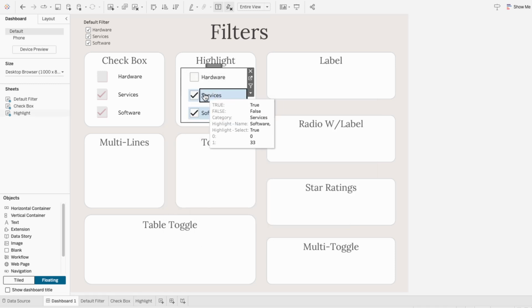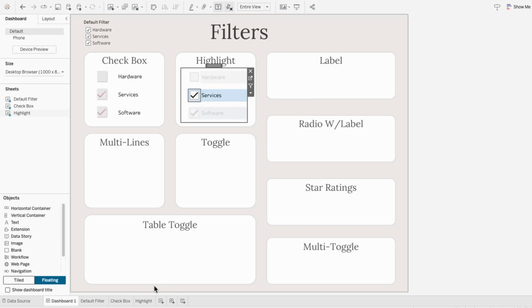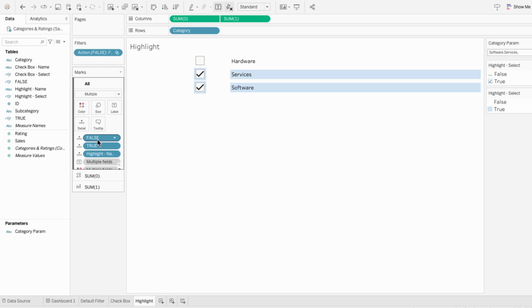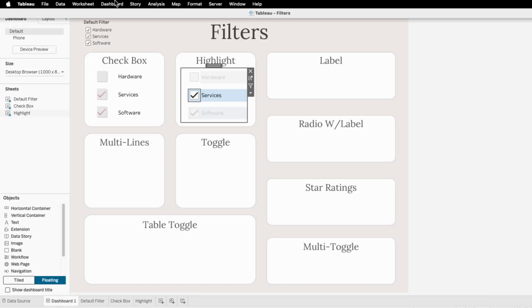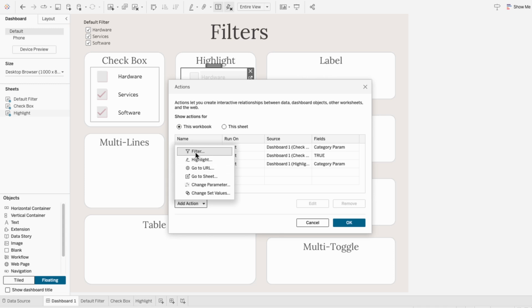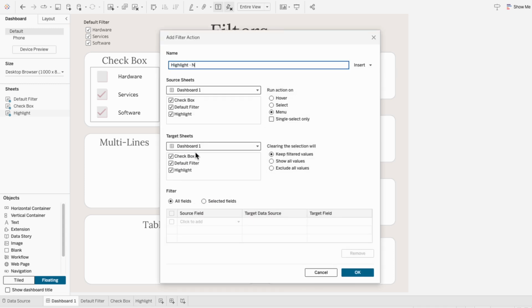Now that we have the functionality added, I'm going to get rid of the highlighting, and I already have true and false in the all marks because I copied this over from another worksheet. So I'll go to Dashboard, Actions, and add another filter action. For the source sheet, I'll choose the highlight worksheet within the dashboard,